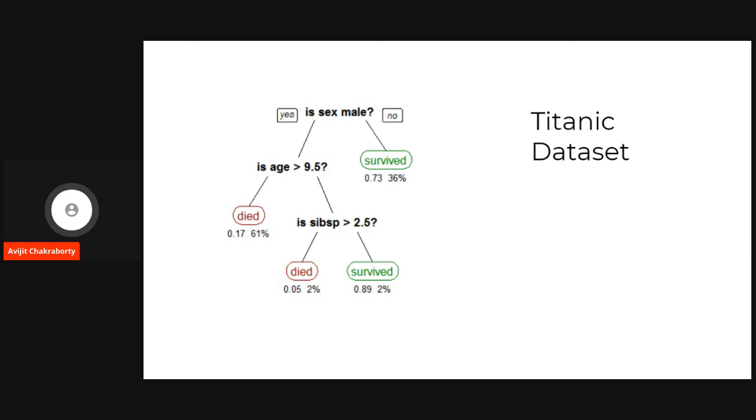The model basically asks questions on the data set. So what is the first question it asks? It asks whether the sex is male or not. So if it's not male, that means it's a female, so there's a chance that she has survived. Now, if the sex is male,